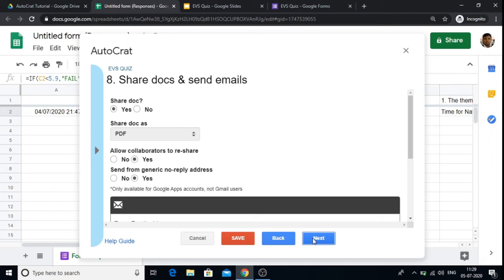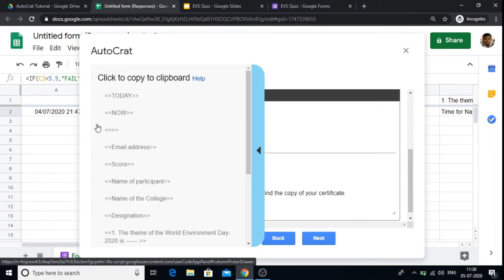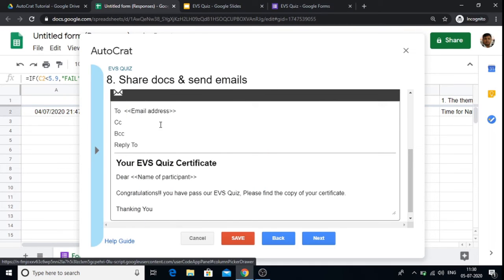In the next step, you have to click on the yes button, which means you want to share the documents. The default file type is PDF. Then allow collaborators to reshare and click on the yes button to send a generic reply. Add the email address by clicking on the blue ribbon given on the left side and click on the email address.